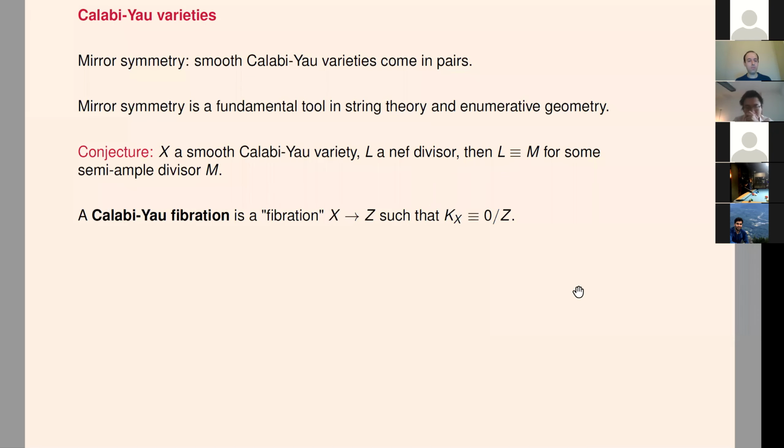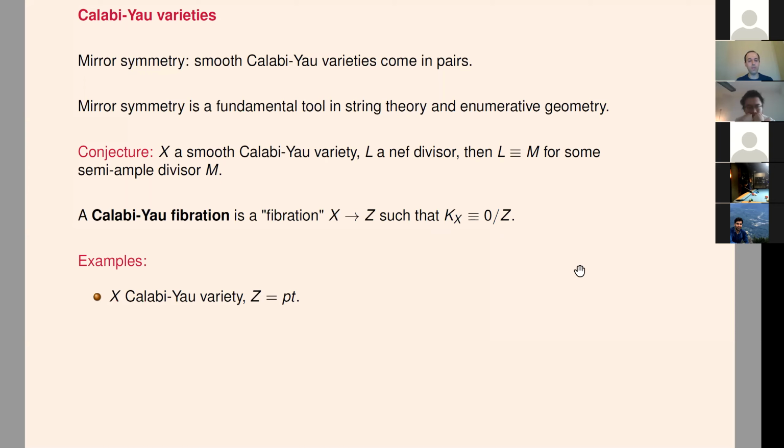Okay, now Calabi-Yau fibrations. And these are just fibrations. Again, fibration we understand in the same sense as before. This is just a morphism, a projective morphism with connected fibers. Then we say that this is Calabi-Yau if K of X is relatively numerically trivial over the base. So globally, again, X may not be projective, but relatively it is projective, and it has this condition. So this is quite similar to Fano, where in the Fano case we had minus K ample over Z. Here K is numerically trivial over Z.